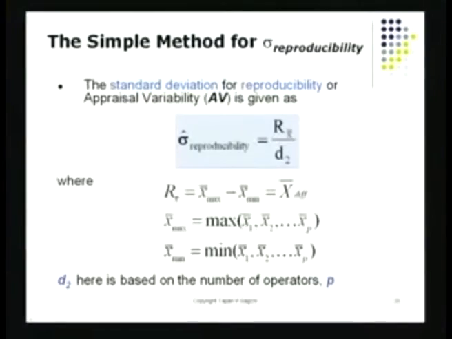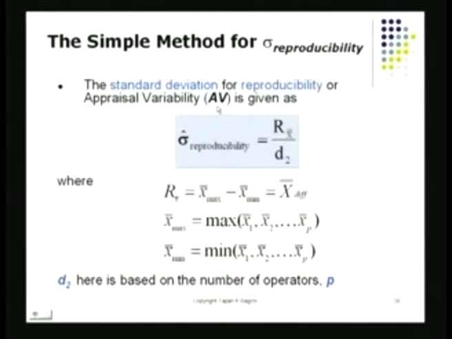And again I can utilize the same formula, the same D2 type formula, and I am going to get an idea of what I call this time sigma reproducibility. And that is given by the formula which is in the gray box here. The gray box basically says the standard deviation for reproducibility,